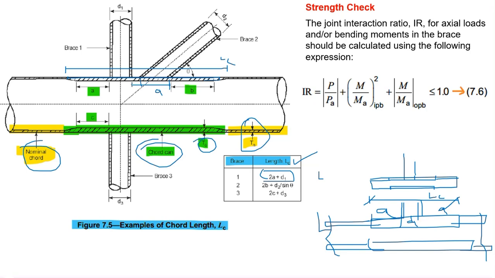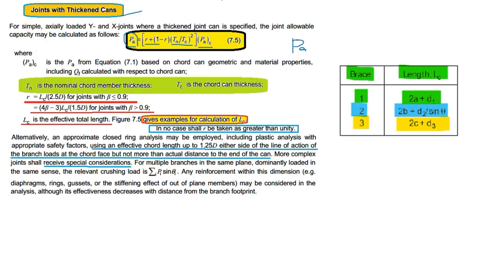Then here 1B and another 1B it will be coming. So B value, and third one is 2C plus D3. Here if it is C, another C here this side and D3. So this is basically calculating the geometrical chord length. Okay, after calculating that chord length, then we can substitute here in this